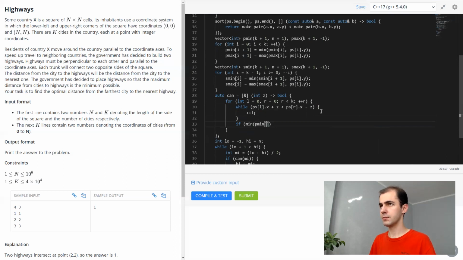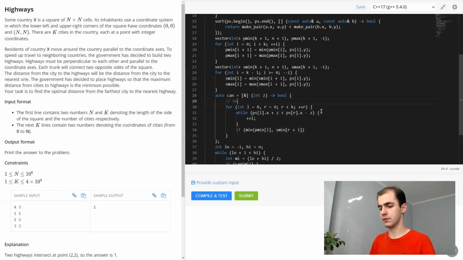We take prefix minimum at L, I suppose, and suffix minimum at R plus 1, it sounds like. So both L and R are inclusive.